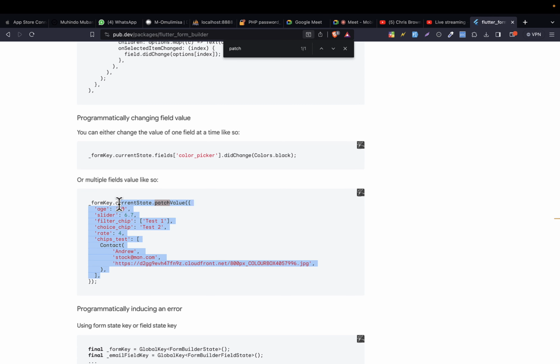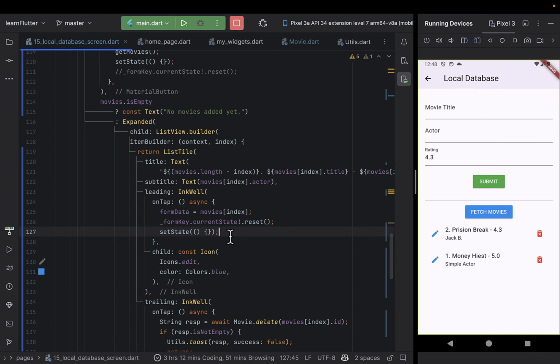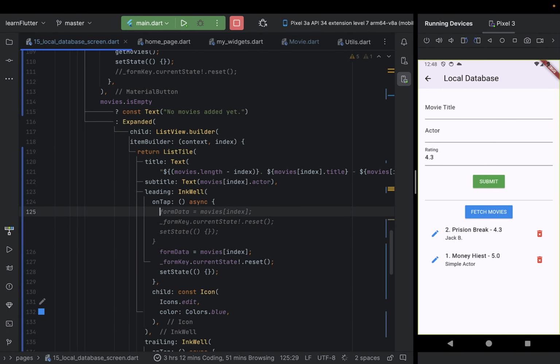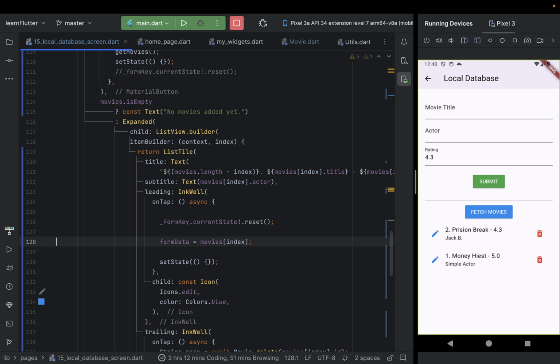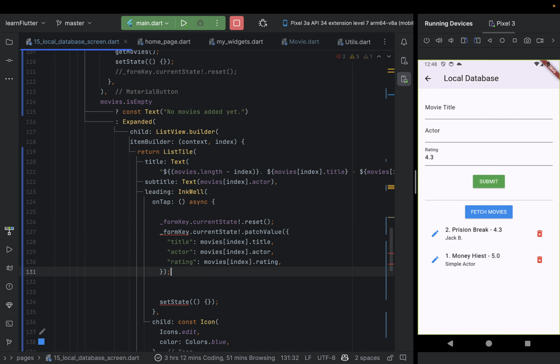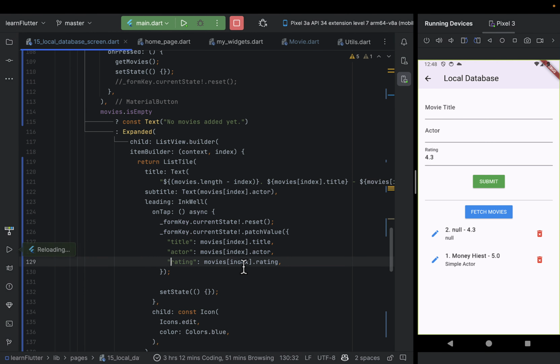Okay, current state dot patch value. So to update the form, we just simply say our form dot current state. We can first reset it, for example. After resetting it, we say our form dot current state dot patch value, and then we pass the title, the actor, and then the rating. Okay, so if I click here, it should be able to,